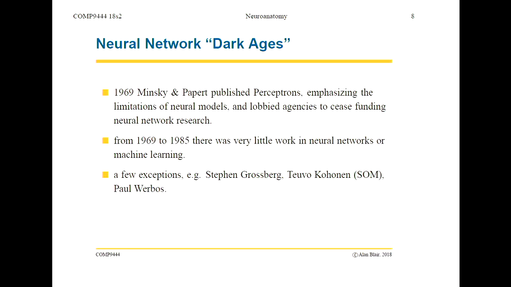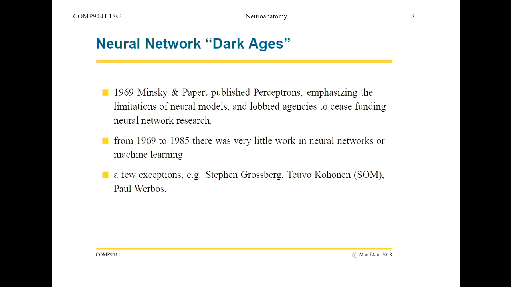And in addition to writing the book, they also went down to Washington and lobbied the government funding agencies, tried to persuade them to cut off the funding to neural networks and divert it to symbolic systems, which happened to some extent, although in a way it backfired because